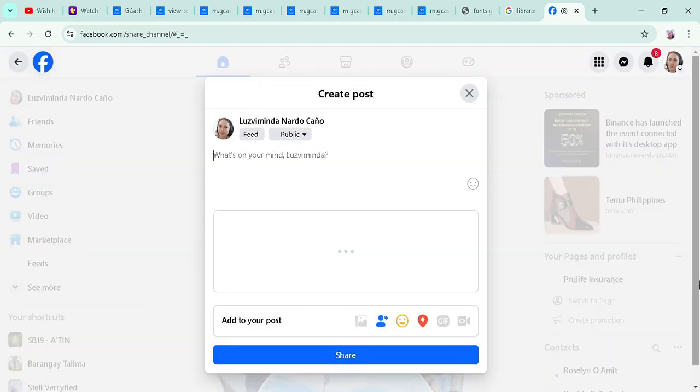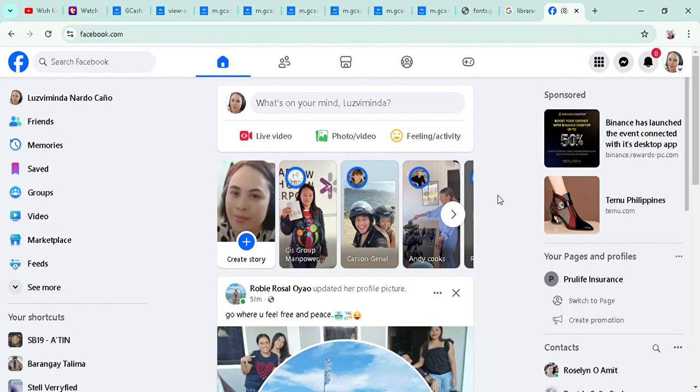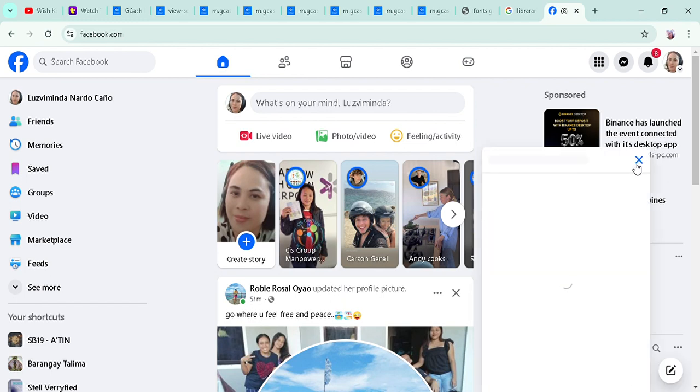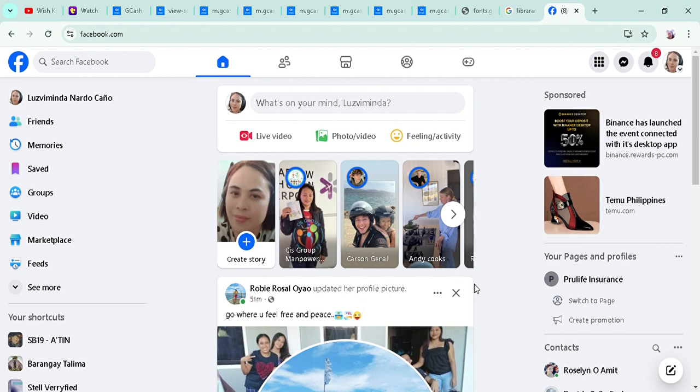Sometimes if you view this one, for example, I give you the example of why they really use front end. This function is front end. The live video, photo, feeling activity.